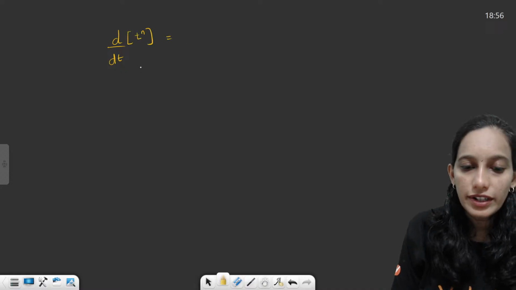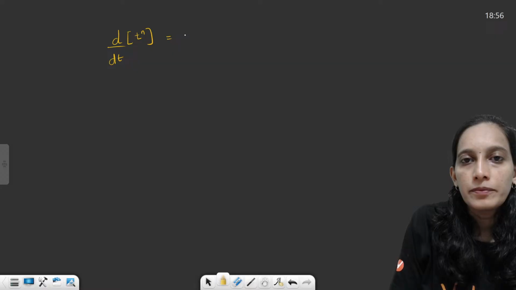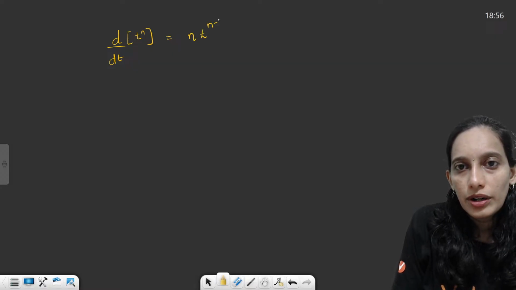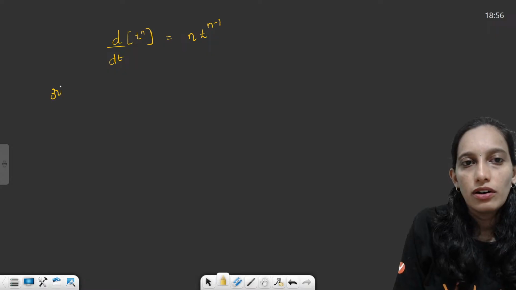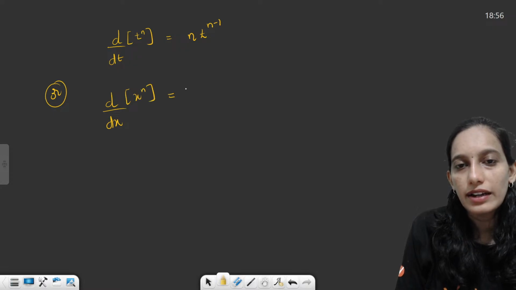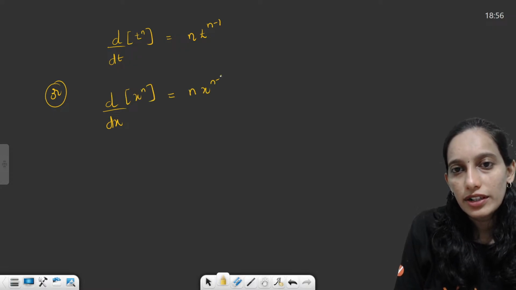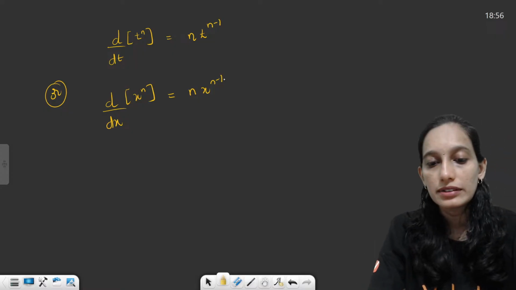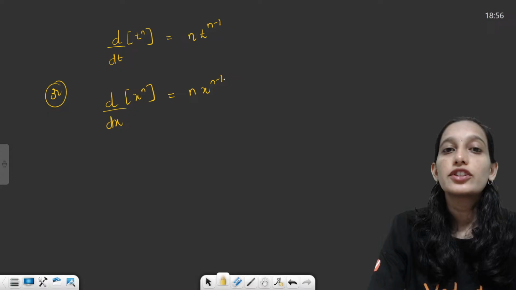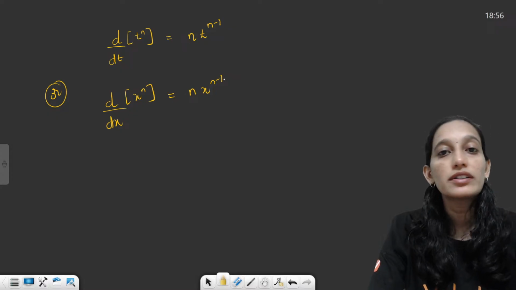Okay, so ಅದರ differentiation formula ಏನಿರುತ್ತೆ, so the formula says n into t raised to n minus 1, or you might have learnt with the notation d by dx of x raised to n is n into x raised to n minus 1 anta kaltirtira. Okay, so this is the differentiation formula for x raised to n or t raised to n.